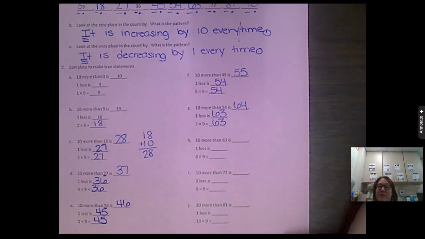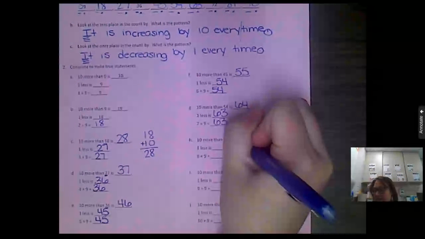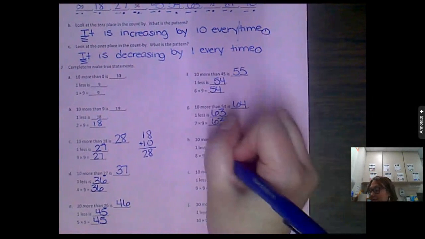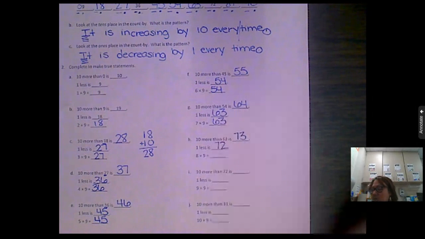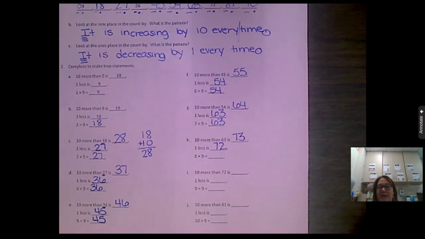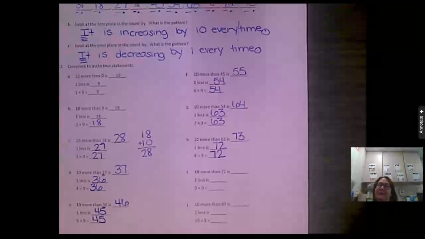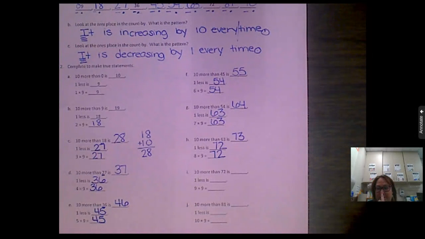For H, 10 more than 63 is 73. 1 less than 73 is 72. So that means that 8 times 9 is 72. Put your finger on your nose if you had that one correct. Good job. All right, 10 more than 72 is